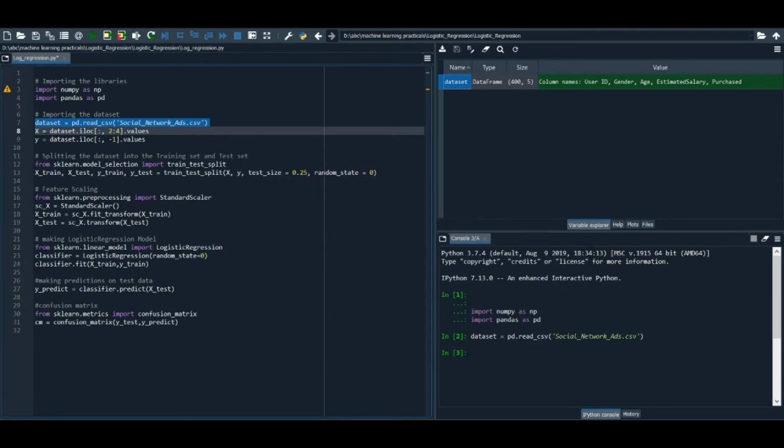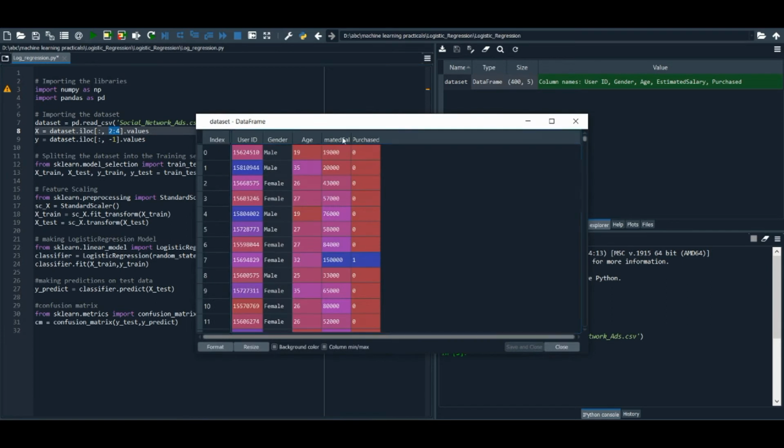So let's create our independent variable x using dataset.iloc, and here we specify colon for all the rows and 2:4 for columns from 2 to 4 but exclusive of 4, so that it will be index 2 and 3, that's our age and salary.